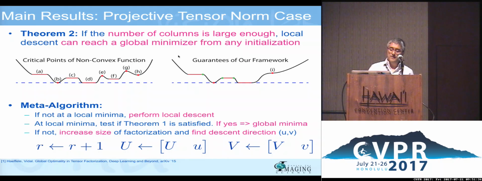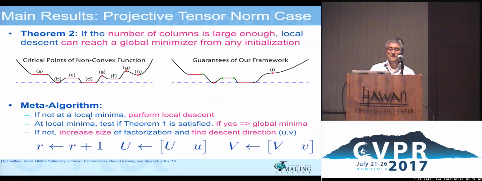So look at this picture here. Suppose that I start here, with some size for my factorization. So I do gradient descent, or maybe alternating minimization, or proximal gradient, whatever your favorite method is. And I go down, down, down, down. And so eventually I'm going to arrive here at a local minimizer. Okay? So what we're going to do is ask this question here.